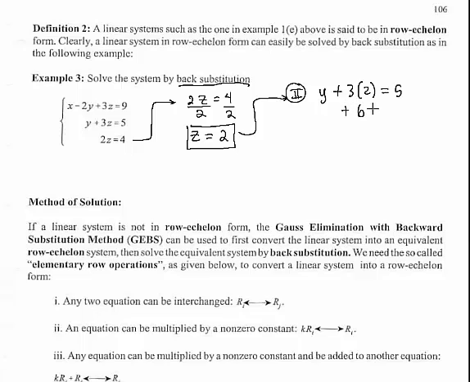3 times 2 is 6. Solve for y, subtract 6 from each side. Get y equals -1. So we have 2 of the variables. Now I want to know what